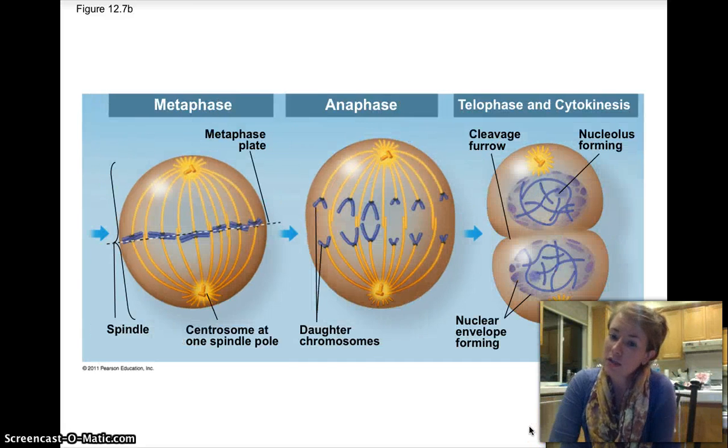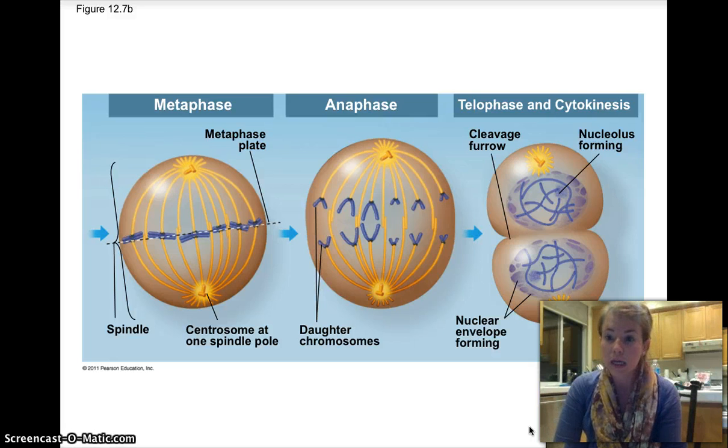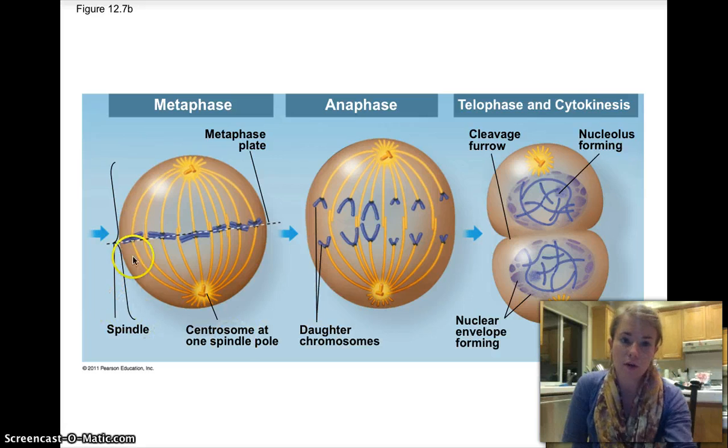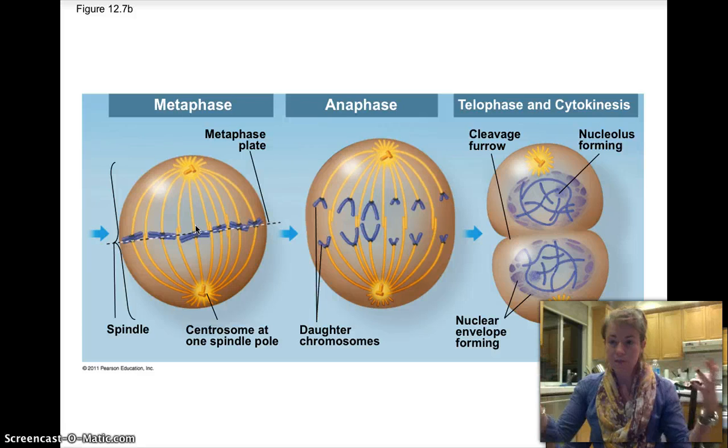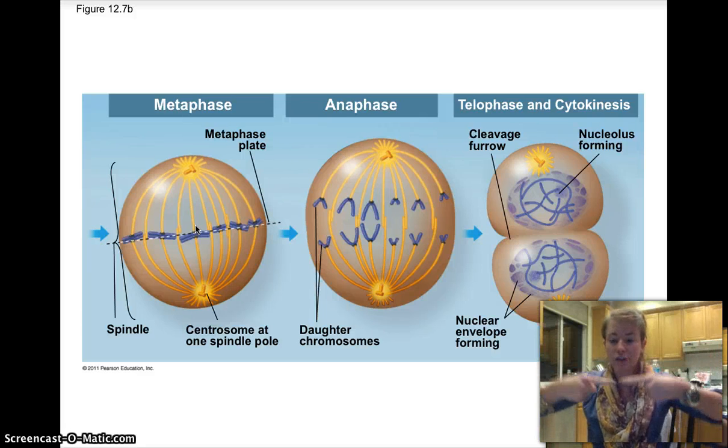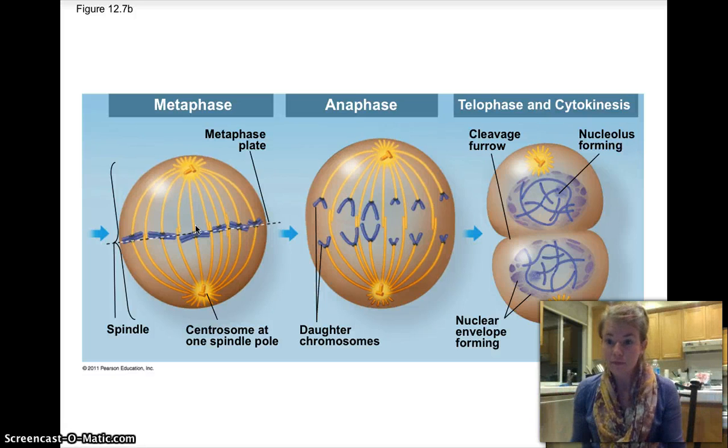So the purpose of attaching the microtubules to the chromosomes is we are going to pull them into a line called the metaphase plate. So you can see all of the chromosomes are perfectly in a line. There's a microtubule from each centriole attached to the kinetochore, and so they pull each other back and forth until they line up in a straight line. It's like two fishing poles attached to one chromosome, and they pull them into a straight line. That's metaphase. No nuclear envelope, centrioles are at opposite ends of the cells, etc.